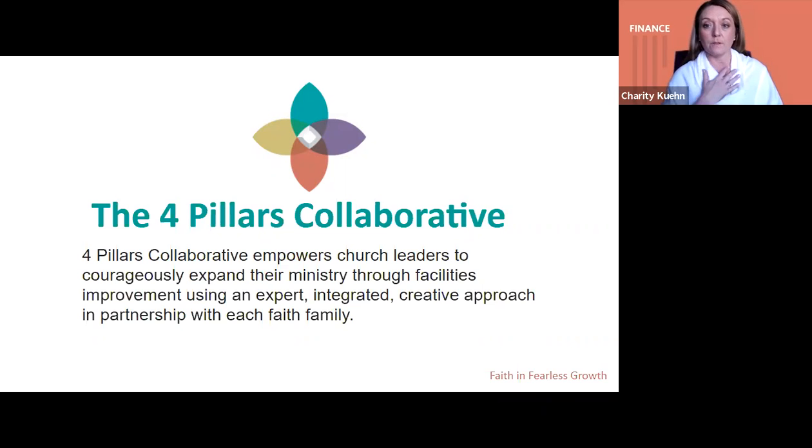The financial piece, the one thing that I want to leave everybody with is, don't let this be the last piece. Do your financial planning and assessment early on so that I can help you fit that financial piece into your design and not the other way around, because it's very difficult on your church family, and we've talked about it a little bit on the building committee, to come up with a great, beautiful church and not be able to build it because it doesn't fit within your finances. So, please don't leave that piece of it till the end, because it's very, very important. It's very important that it's integrated through the whole process.